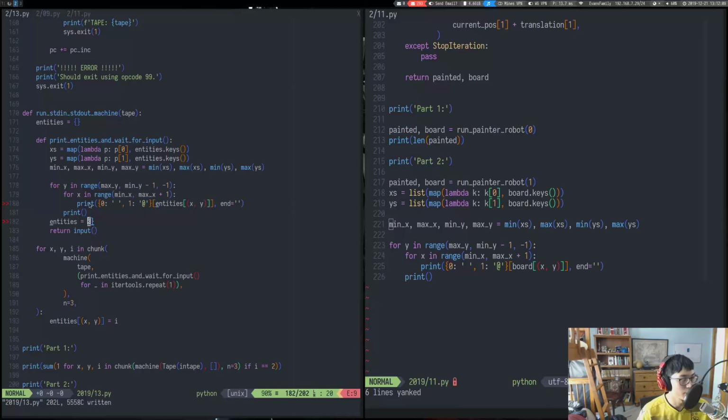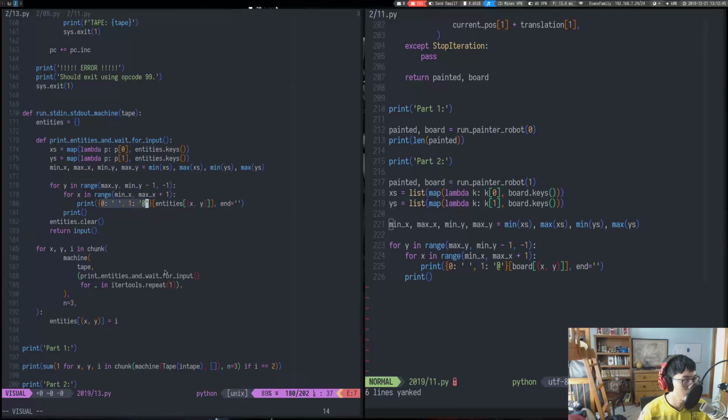I don't know though. And also, what is this error that it's giving us? It's saying, wait. I have to do .clear instead of setting it again, because if I set it to an empty dictionary, then it'll think that this is a local variable, and this exploded. Okay, so then